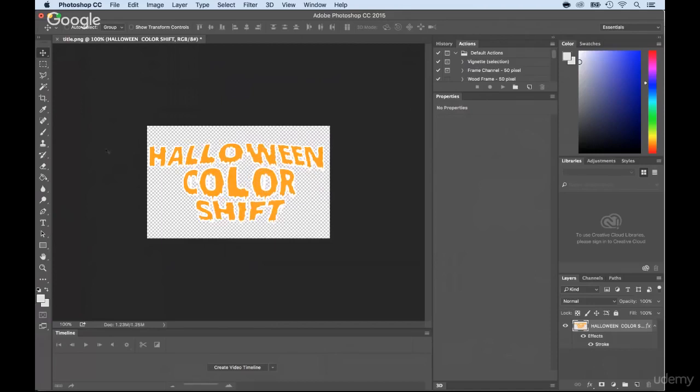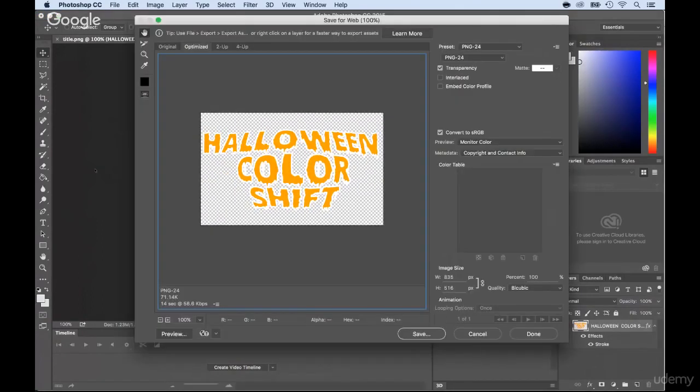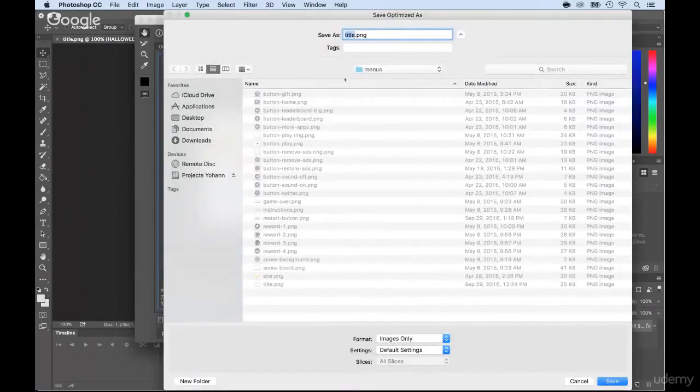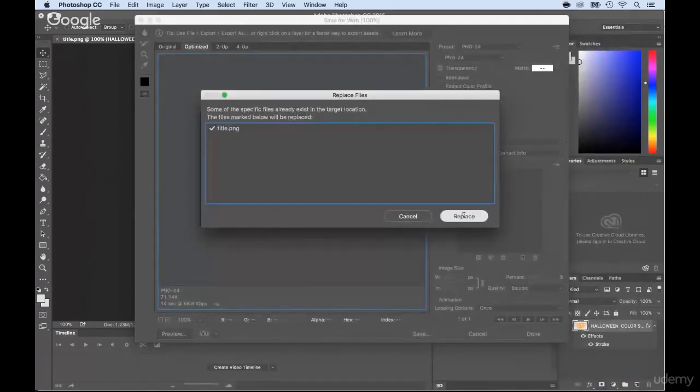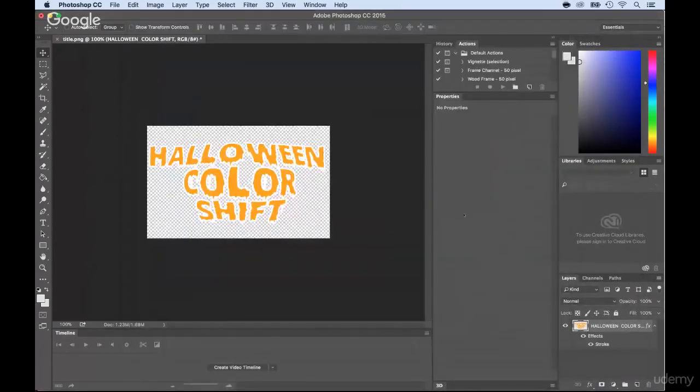All right, Halloween color shift. Okay, that's good enough, and I'm going to save that. Command Alt Shift S, save, and I'm going to replace the title. So it should already be in the menu, and I just overwrite the title.png and save and replace. That's it. Now I can go back to Unity,